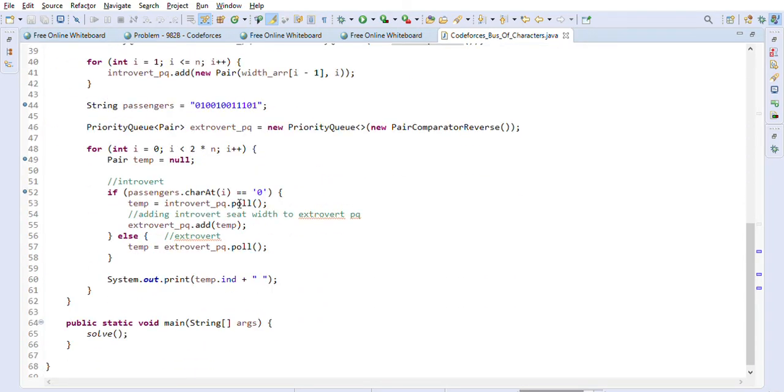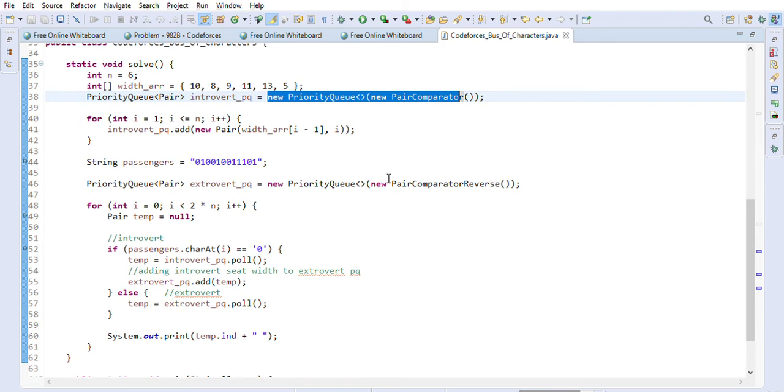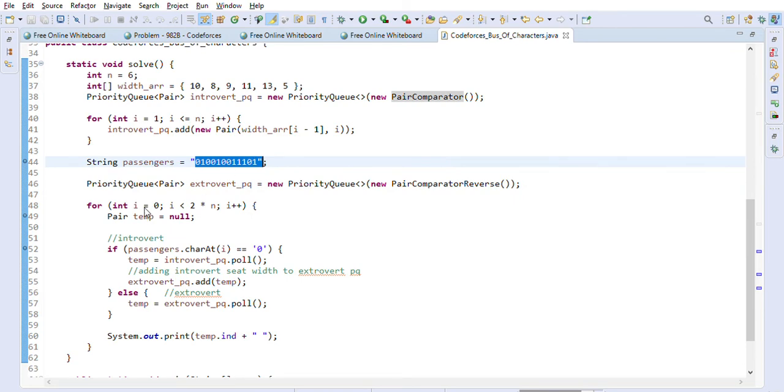So let's just go through this extrovert priority queue. After that we created, right? And we are using the pair comparator reverse here, and here we are using pair comparator, right? Because we want min heap, so it will be in increasing order here and it will be in decreasing order here, right? So after that we will just go through all these passengers list here, and we will just